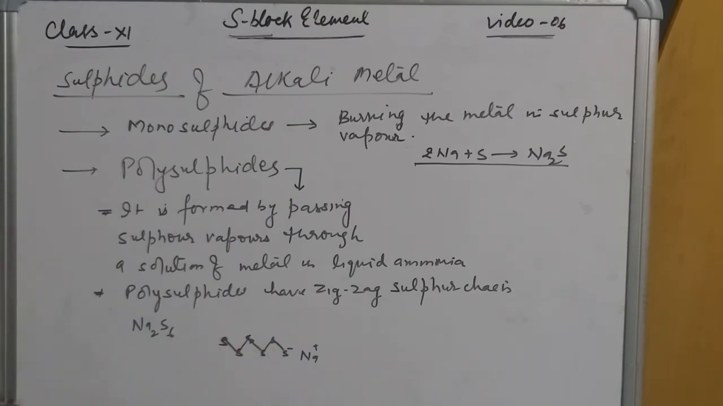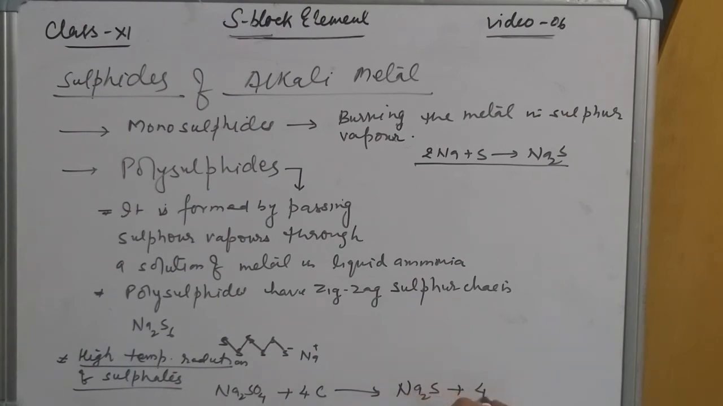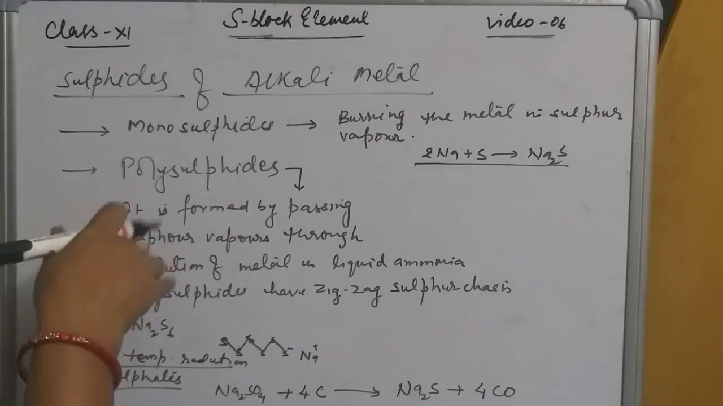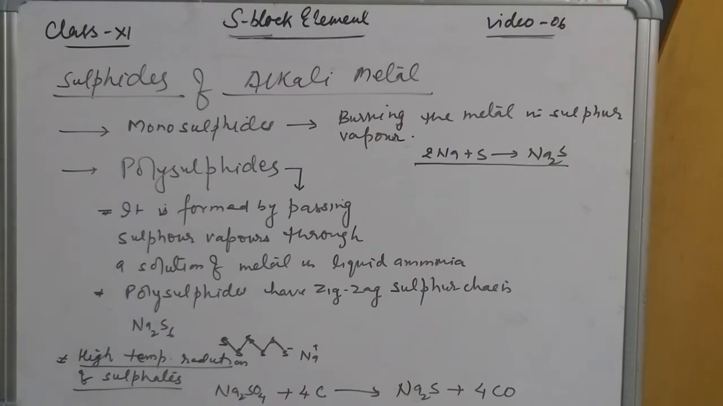At high temperature, reduction of sulfates takes place. For example, sodium sulfate when heated with carbon gives sodium sulfide and carbon monoxide. So by these points we have completed the properties of sulfides of alkali metals, and let's discuss the anomalous property of lithium,